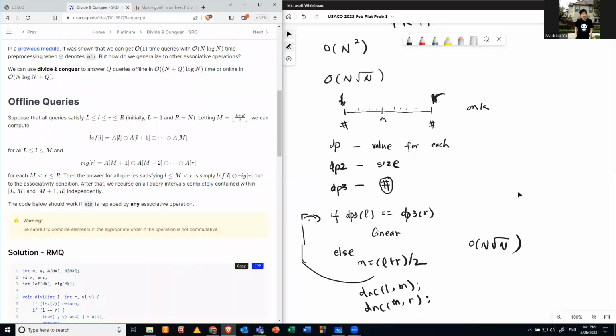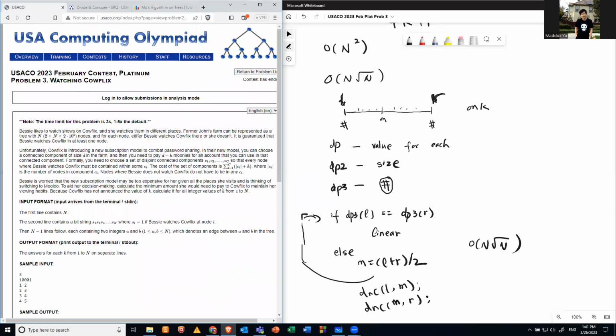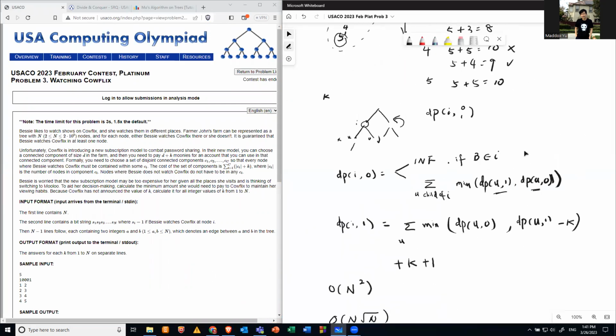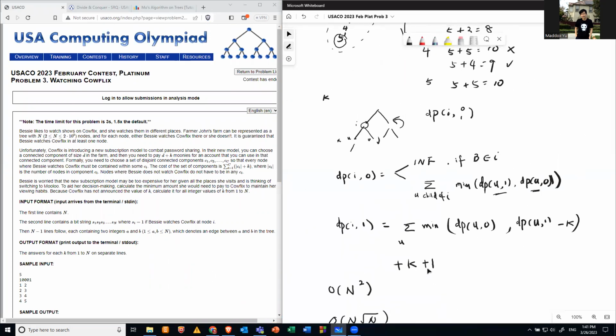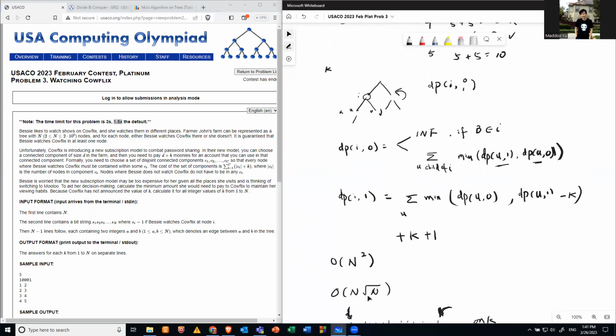Okay, so with that, because it is 1.5x, n square root n is sufficient. So this is actually a relatively simple problem to solve. You start with the dp, right? Then you figure out this 1.5x restriction means n square root n. And then the way to get n square root n is to divide and conquer,